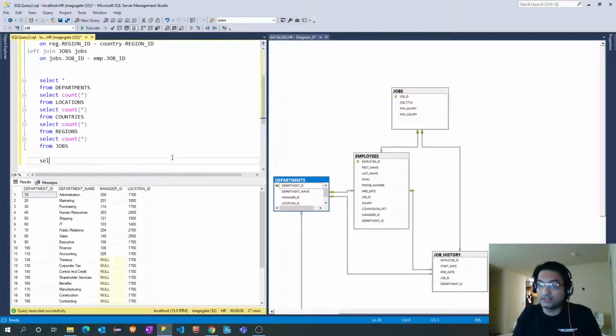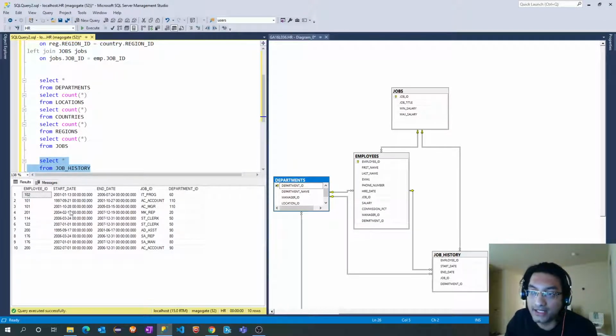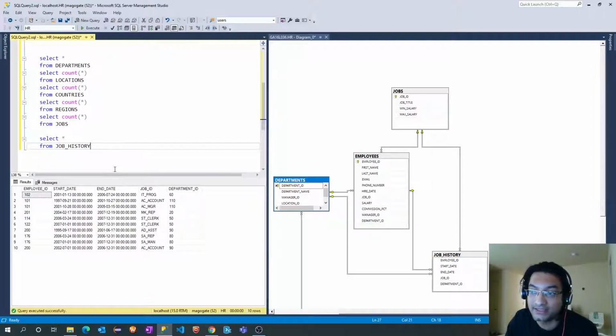However, let's look at the job history. If I run select star from job history, you can see it's the employees' data. Records in this table can change over a period of time. If an employee leaves or moves from one department to another, records in this table will get added. It's not like the other tables.